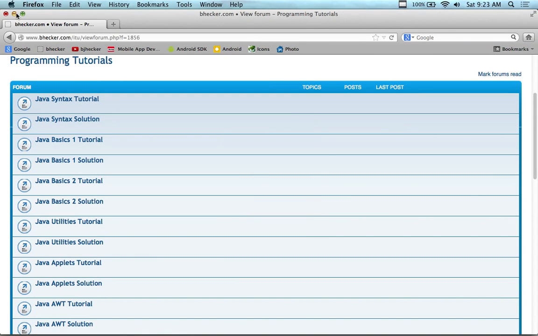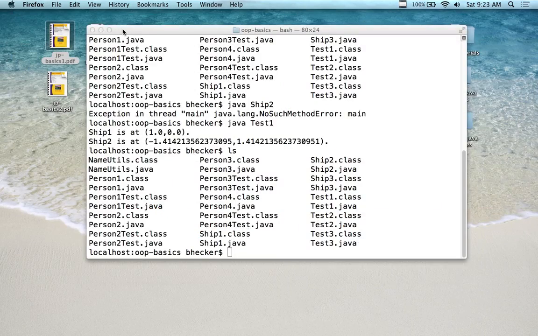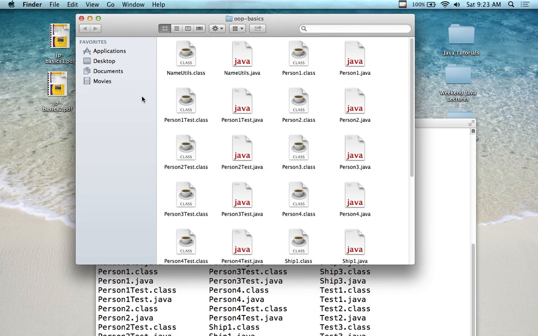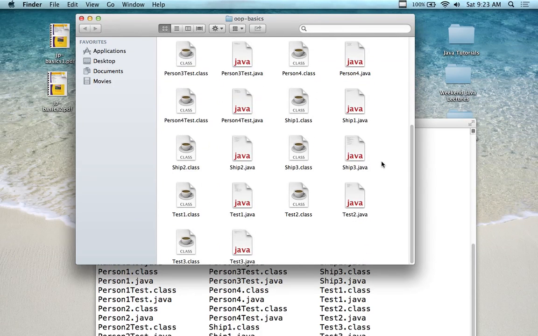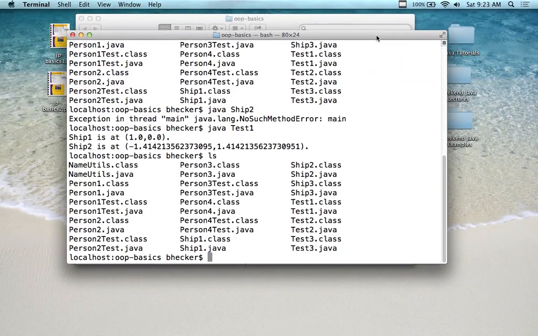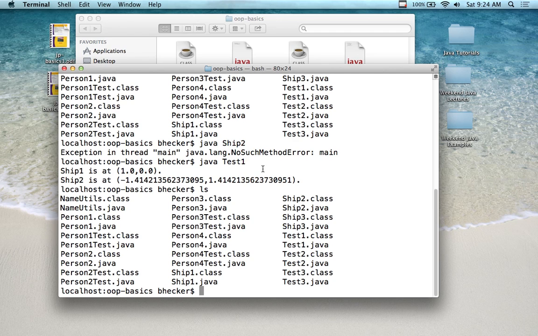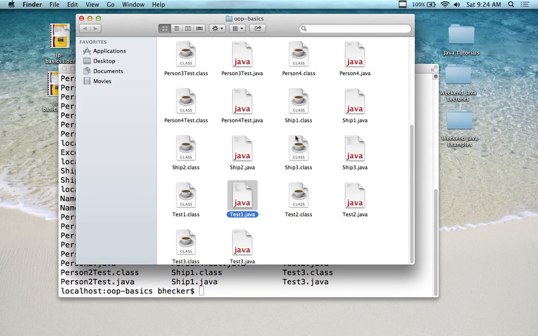it's jp.basics.zip, and if you take that file and open it up, you'll see a bunch of examples, and this one happens to be called ship1, right down here, ship1.java. And then we have test1.java that goes along with it right here. If I load it up into Eclipse, I can see a graphical version of it, or I can load up my terminal window and type them out in here. Or I can double click on it and see it in Xcode,